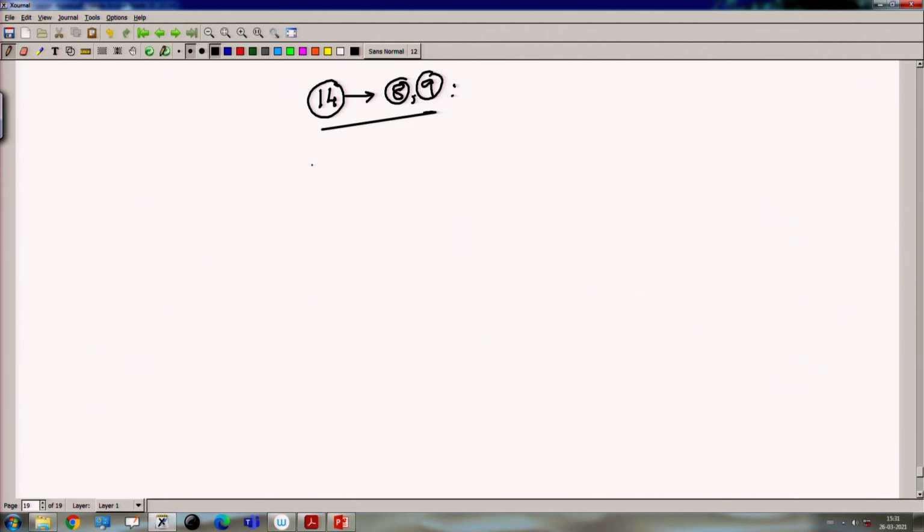So, first from 8, we have E equal to minus curl of f